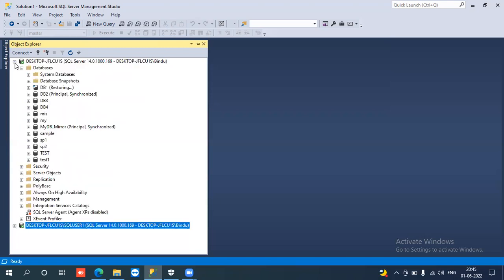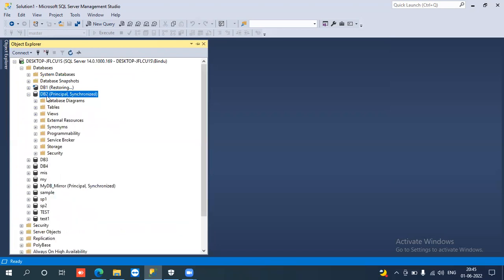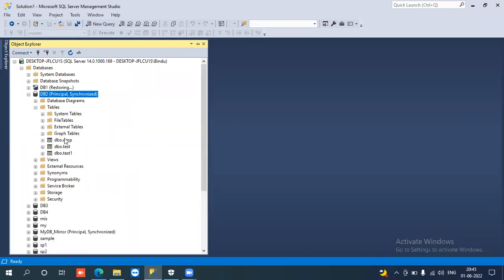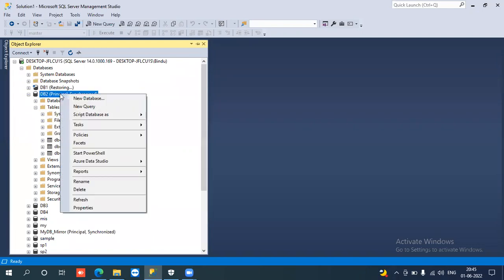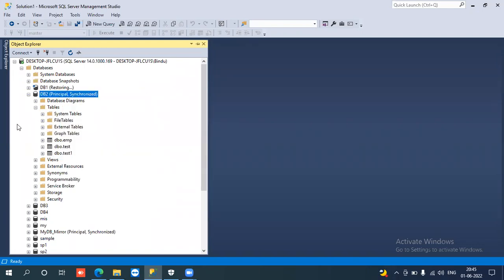So I am doing a small case study of how we can validate. Now I'm checking how many tables are there here. Now three tables are there, including the employee table and the test one table. Now what I am doing? I'm creating one more table